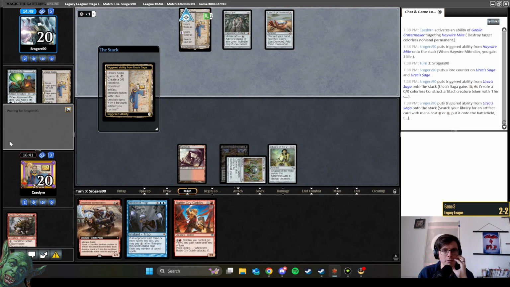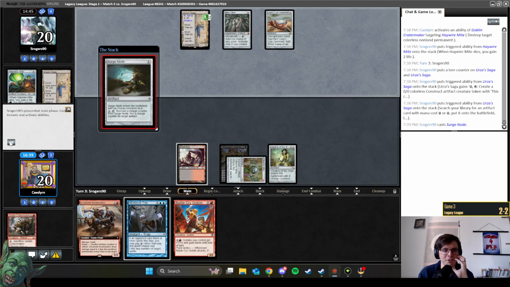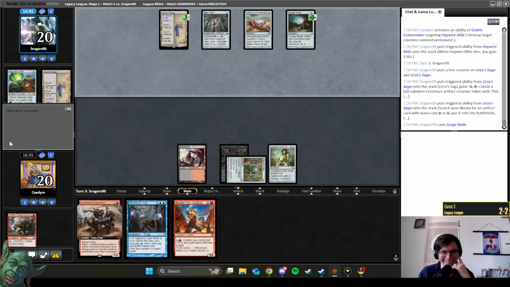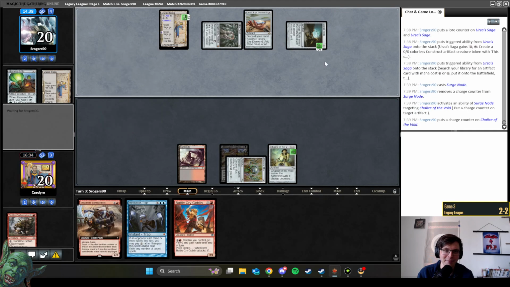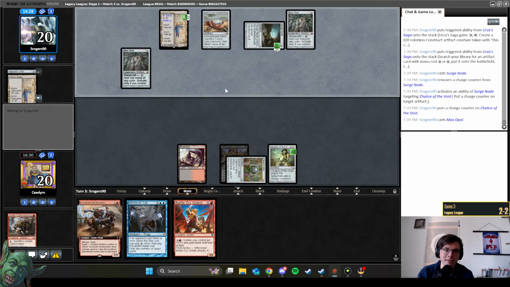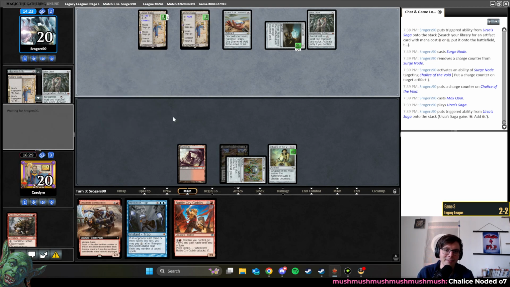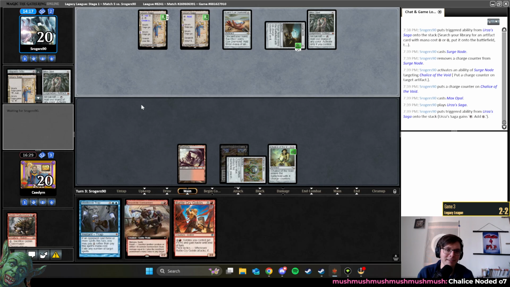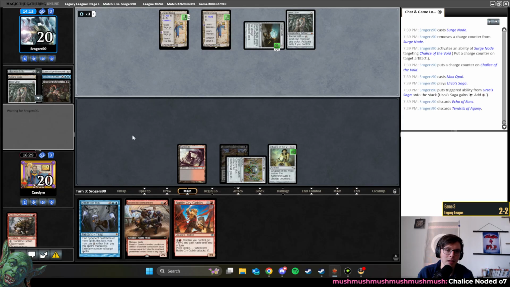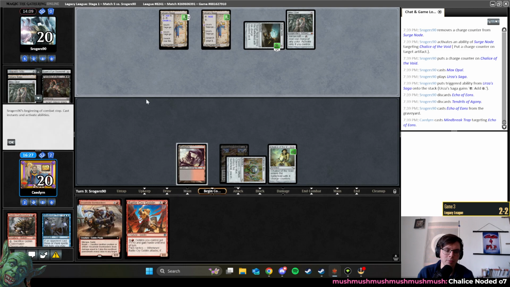Get LED. Okay. Surge node. Sure. My chalice has been put to 1. Your 3 sagas. Okay. Alright, sick draw opponent. Oh. Still probably die to constructs, but...